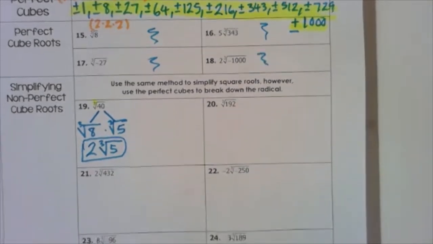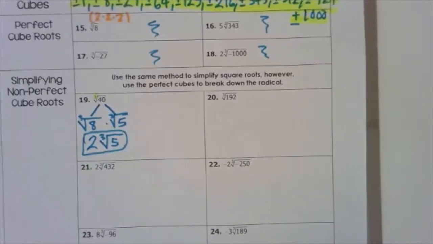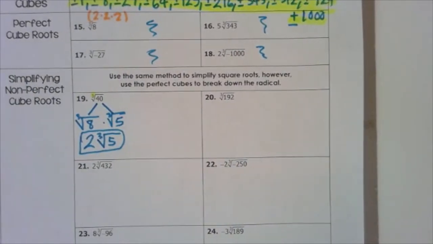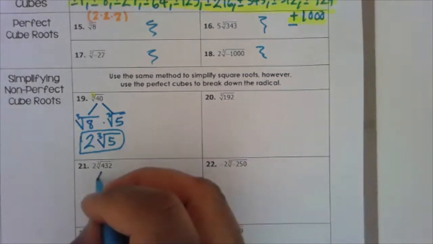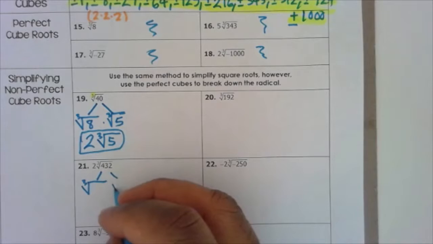Let's continue on down with the odd ones here before I give you a couple to try on your own. Let me try to square this out for you. So if I look at number 21, for instance, I have 2 times the cube root of 432. Pretty big number inside the radical sign here. And so I'm going to go ahead, I'm going to take the cube root,